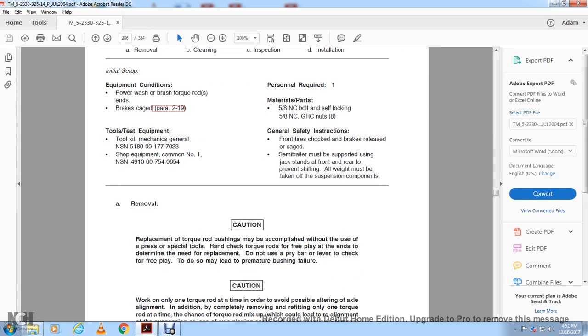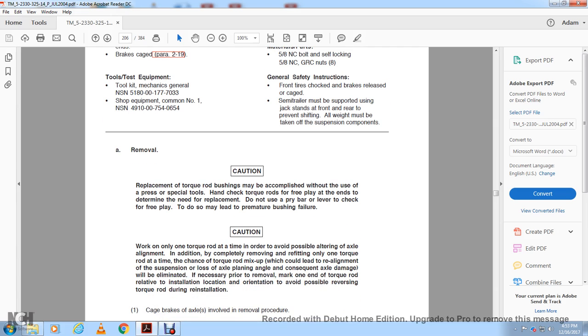Replace the torque rod bushing, which may be accomplished with the use of the pressing special tool, hand crank. Check torque rods for free play at the end to determine the need of replacement. Do not use a pry bar to check the free play, as doing so may lead to premature bushing failure. Caution, work on only one torque rod at a time in order to avoid possibly altering the